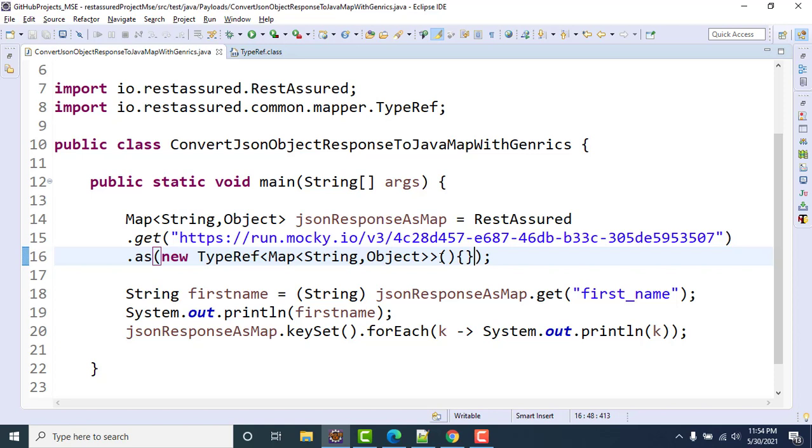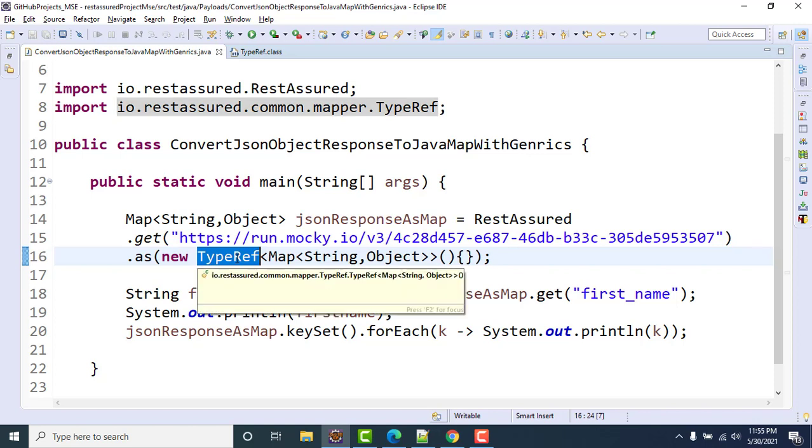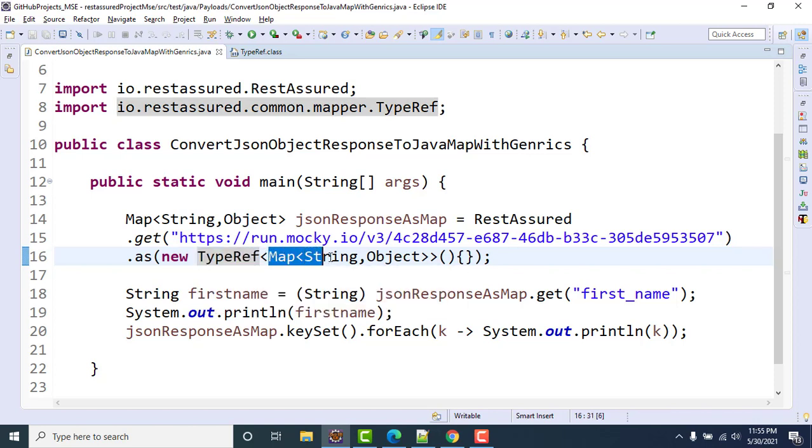It's like Demo d equal to new Demo, the same new, then the type name, the class name. Then since it is a generic type, we pass the type in which I want to get this response. I want to get this response as a Map with String as the key and Object as the value. Why Object? Because this contains integers, strings and other things as well. Then we call the parentheses, the same thing, new Demo, where we are actually calling the constructor. And since we need to implement the abstract methods, and we don't have any method here, it will be an empty body like this.